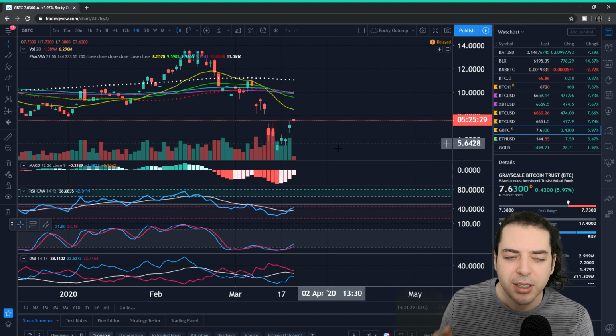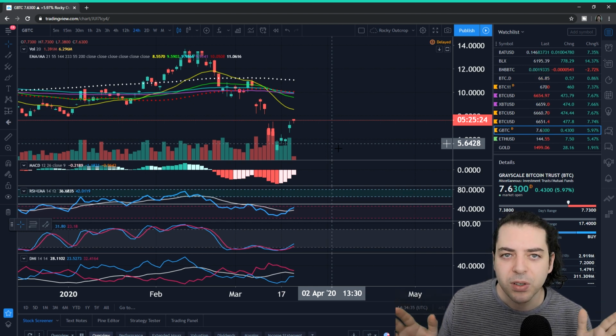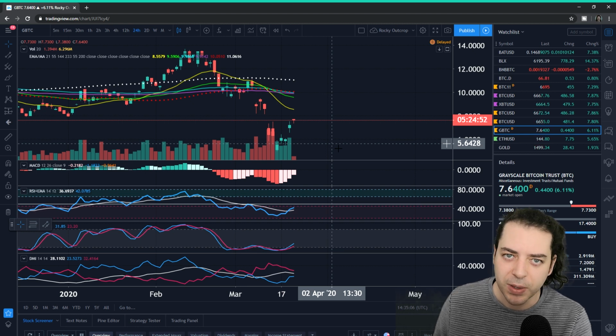The CME is the Chicago Mercantile Exchange, and that's got lots of different things traded on there, and people trade futures contracts for various different commodities and whatnot there, Bitcoin being one of them. The GBTC isn't like the CME in that it's not got various different things that people come along and trade on that market. It is a fund, and what that means is that people actually buy into it and sell out of it. So rather than actually buying the asset itself, Bitcoin in this case, you're buying a share of a fund which holds Bitcoin, and the value of that fund is determined by, of course, the contents within it, and